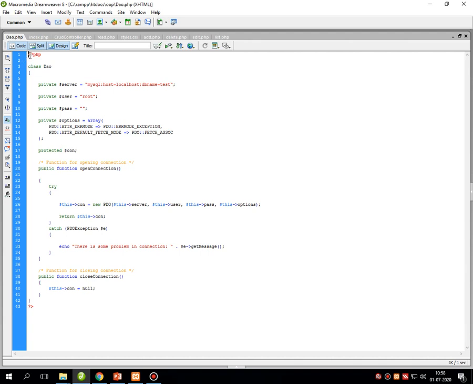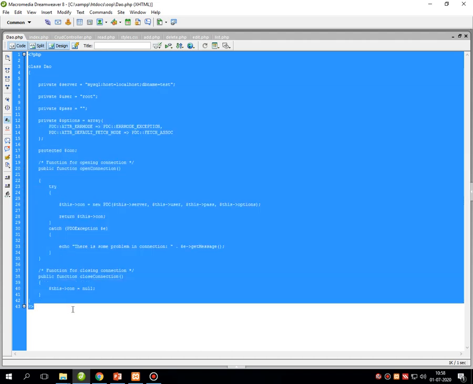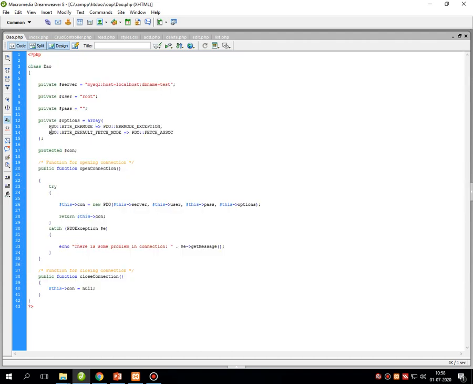Now in this file, we have to write this code, but you will see something new here, called PDO. PDO means PHP Data Objects. This is a new type of concept which we are going to introduce. In semester number 2, whatever PHP concepts we discussed were part of core PHP. This is something more advanced than core PHP.